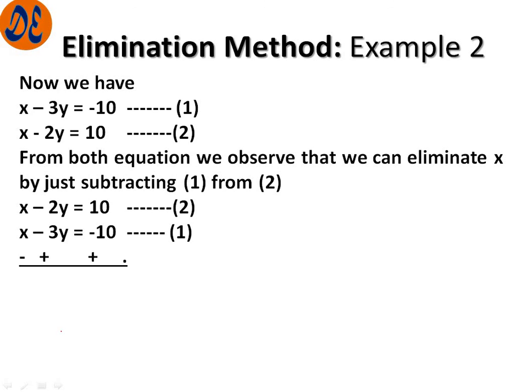So if we are subtracting, changing the sign, these are cancelled, y, and this is plus, so 20. So we are getting 0 plus y is equal to 20. That means we are getting y as 20, and this is the age of Sonu. So we have obtained the age of Sonu.